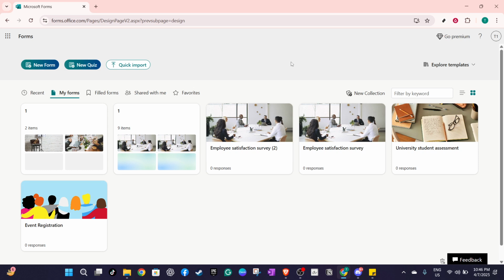Locating the quiz you're interested in is quite simple. Navigate over to your dashboard where you can see a list of forms you've previously created or have been shared with you. Once you're in the main dashboard, find and open the quiz you want to review. This will be straightforward if you have a naming convention that you follow or you recall when it was last